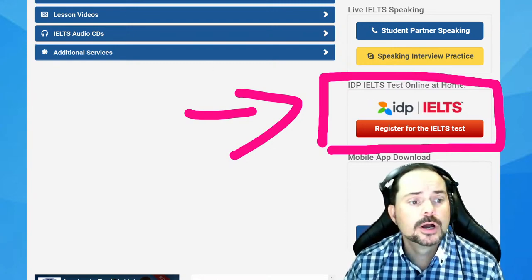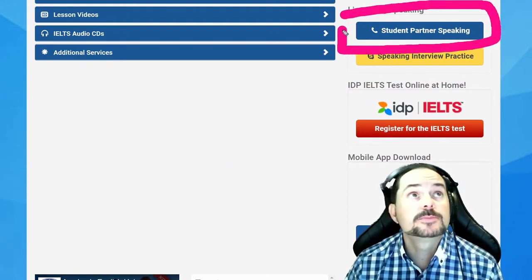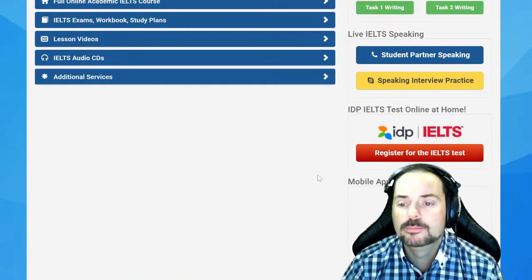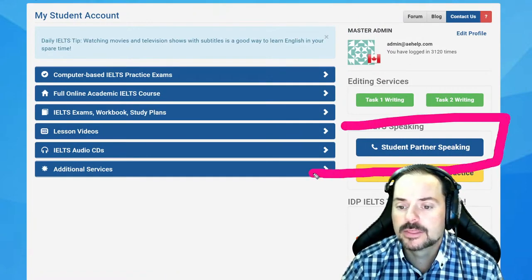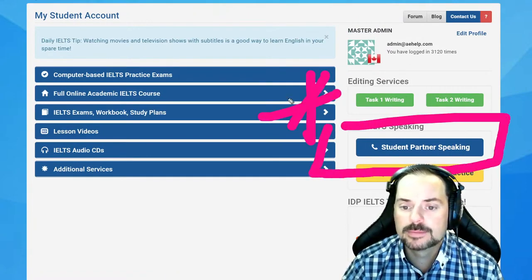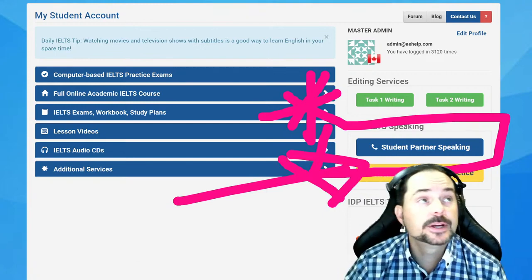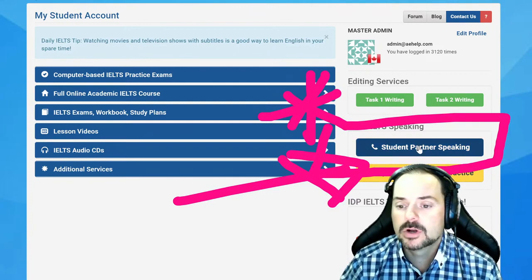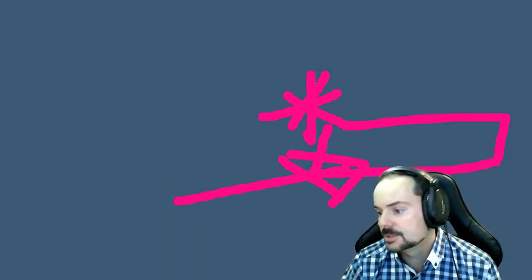Anyway, so right now we are going to use the student partner speaking that's kind of above my head there. Let me bring that down. So click on that blue button. Okay, so right now we're using this function of the website, which is the student partner speaking right there, just above my head. And you click on that. Okay, so you click on the student partner speaking, accept the terms,